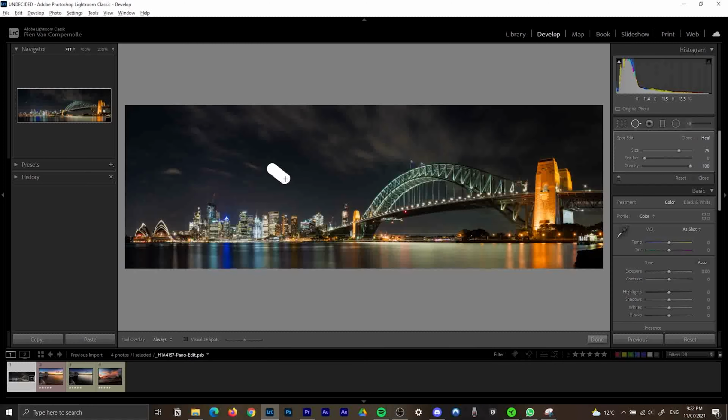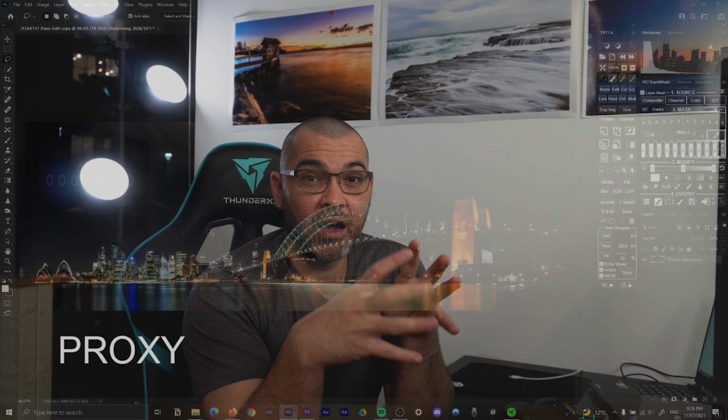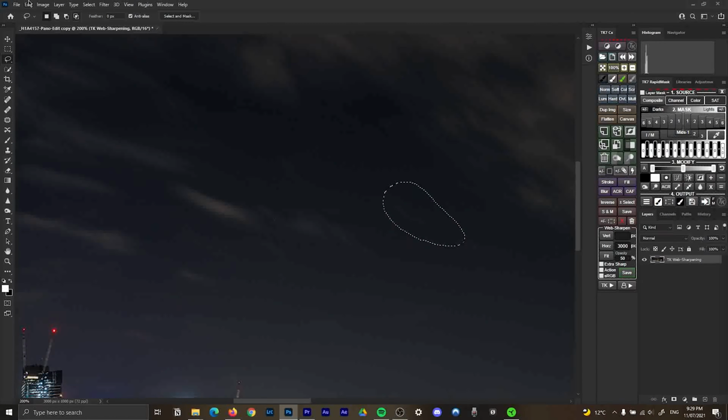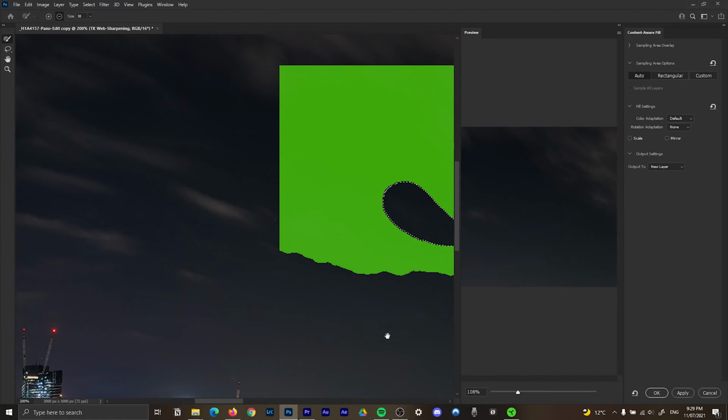As I mentioned in my editing video, where I showed you guys how I edit a photo from beginning to end, I'm not a fan of the healing brush in Lightroom because it doesn't actually heal. What it does is it clones the part you want to fix with another part of the image. Whereas in Photoshop, it uses its AI to analyze your whole image or part of it that you tell it to and fill in the gap that you want to heal based on what it's analyzing. So if you are going to use the heal brush, unless it's something very small and specific, I'd say jump into Photoshop and edit it there, because you're just going to get a much better result out of it compared